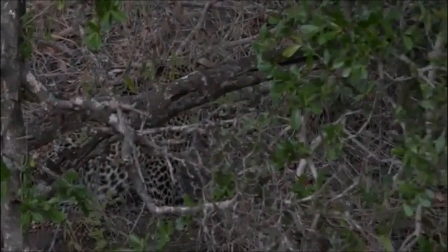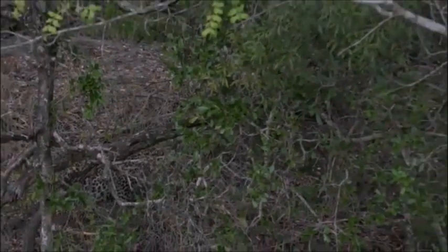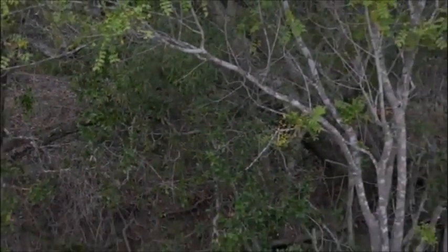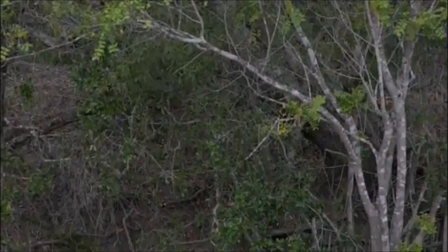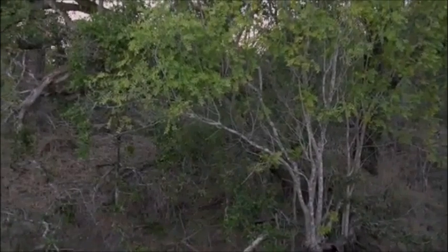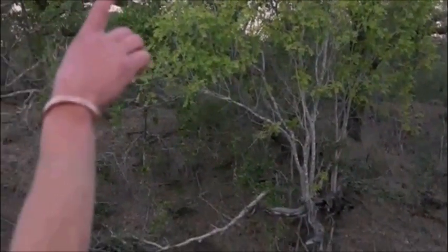So after some serious tracking, I actually managed to find both of Karula's little, look, there we go, playing. Karula's little cubs and Karula herself, the queen. And times are good for the queen and her cubs at the moment. And times are great for us because, as you saw just up in the top corner,